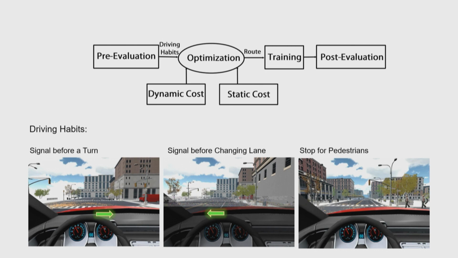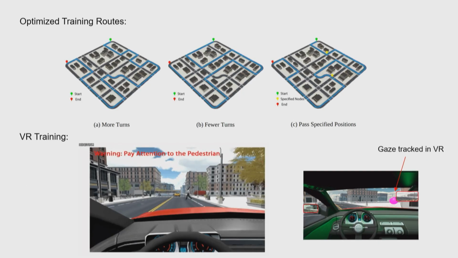So for example, does the person signal before changing the lane? Does the person pay attention to the jaywalkers on the road? All these things, right? I used to get blamed by my driving coach a lot when I was learning how to drive, because I made all these kinds of mistakes. So I got inspired by him, basically, about the mistakes that I made, and we formulate all these into the framework. These are the things that the computer can track very easily.